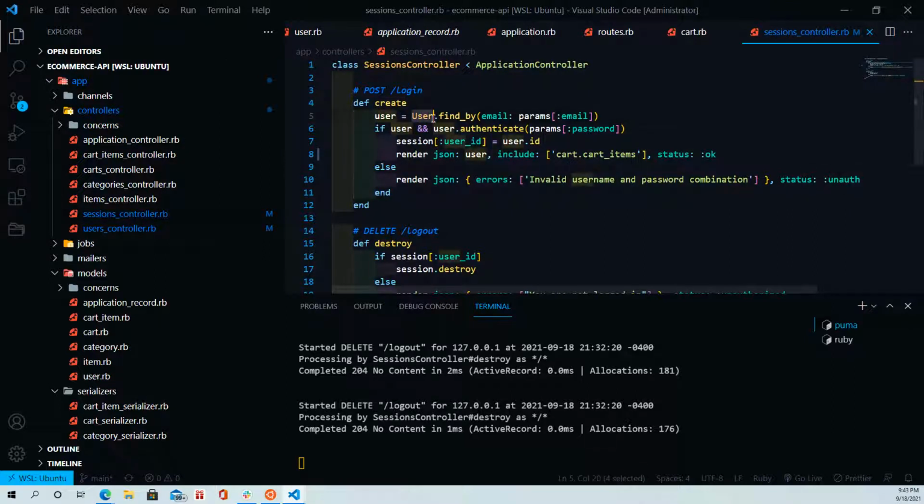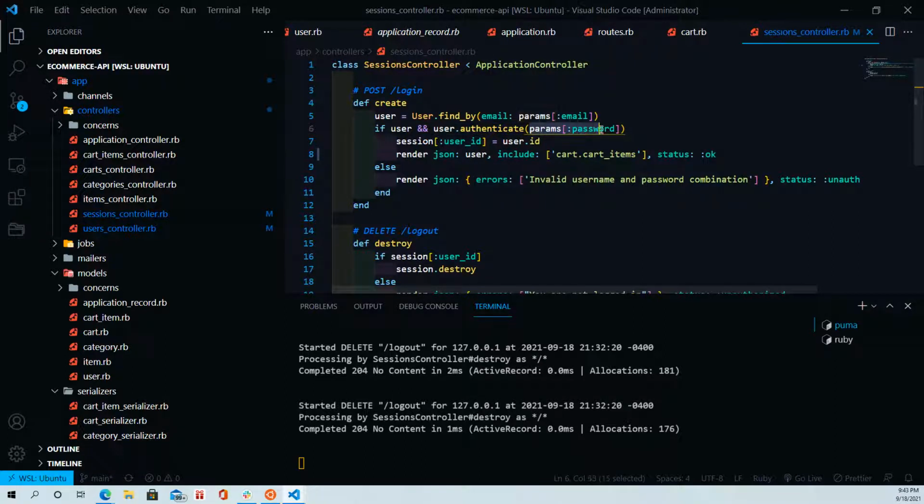So we go there really quick, sessions controller, create action, and it checks, okay, let me find the user by email, because this is the one thing that it's always different. Not two users can have the same email. So because this is the piece of data that is unique to each user, I'm finding the user by the email. And if the user exists, if the user was found, and the user,